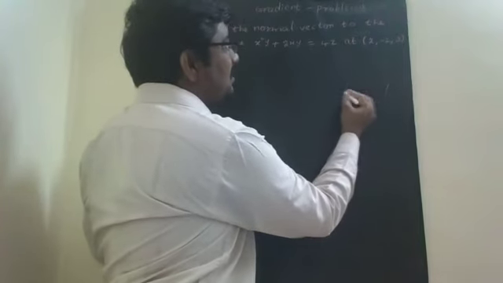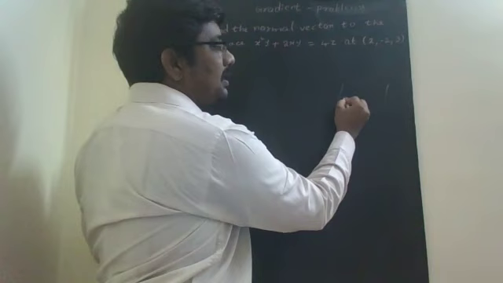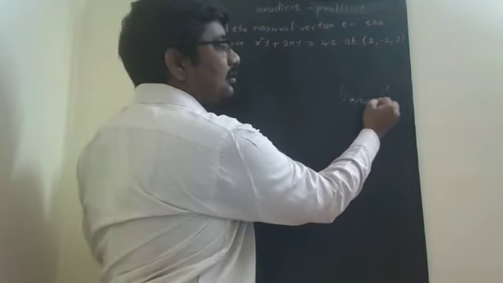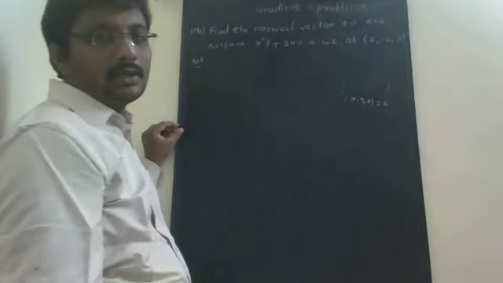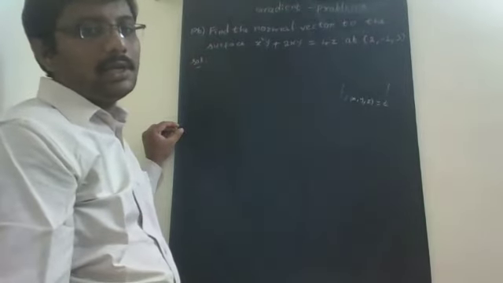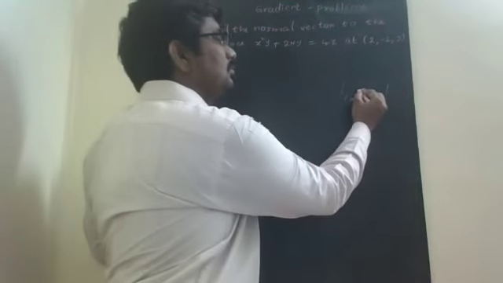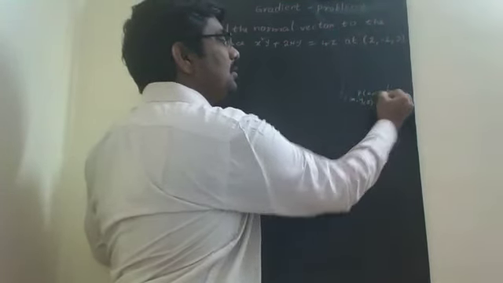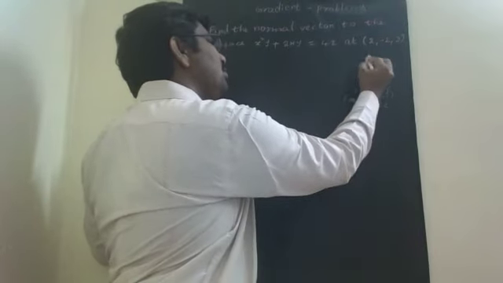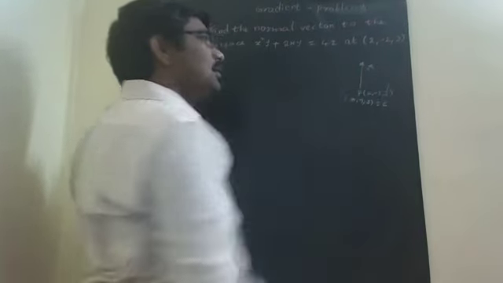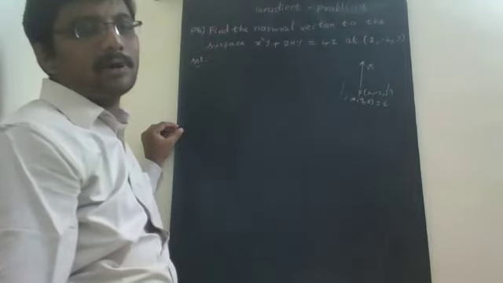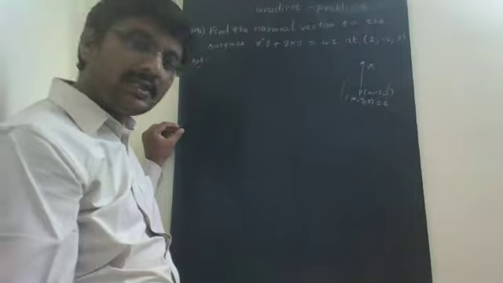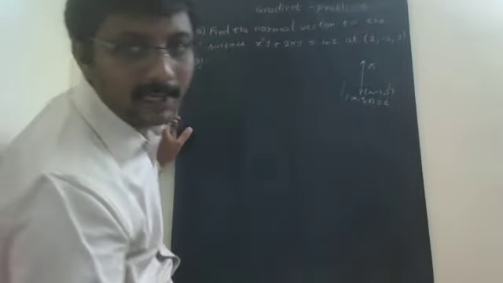Suppose it is the surface. The given surface is, let it be some f, so that is f of xyz equal to c, and we have to find out a normal at the point p. Here the point is (2, -2, 3). So here we have to find out the normal to the surface. The normal to the surface is denoted with n bar. So this n bar we have to compute. So what is the formula for n bar? N bar is del phi or del f.